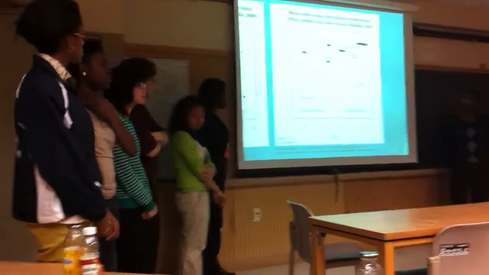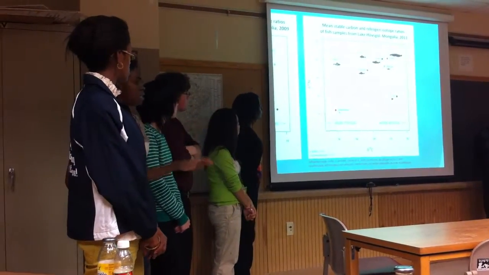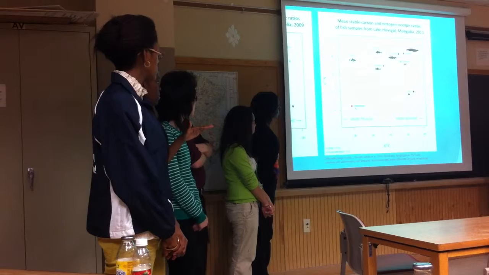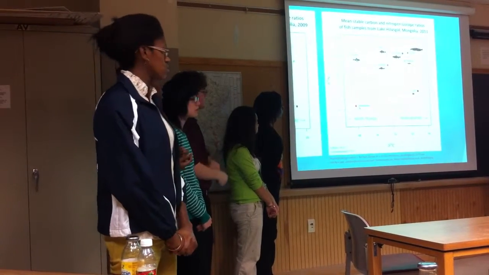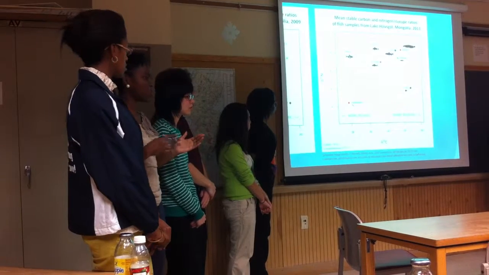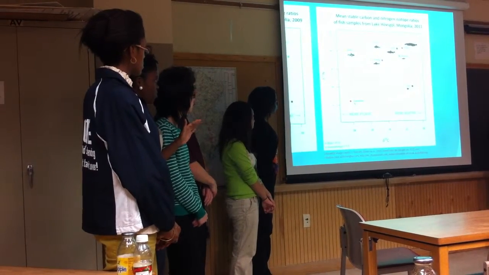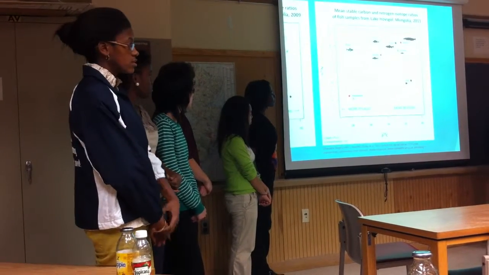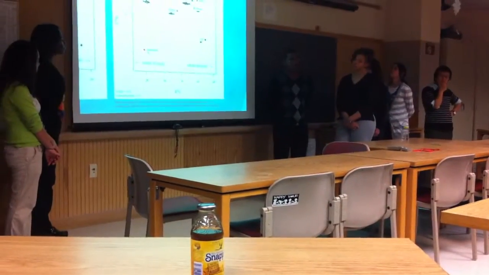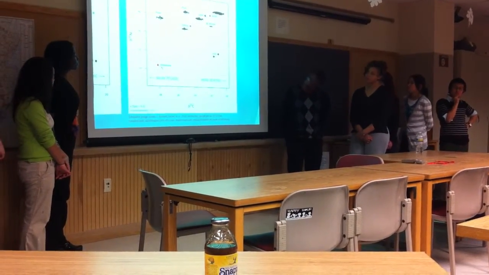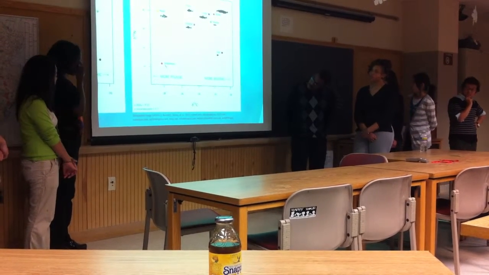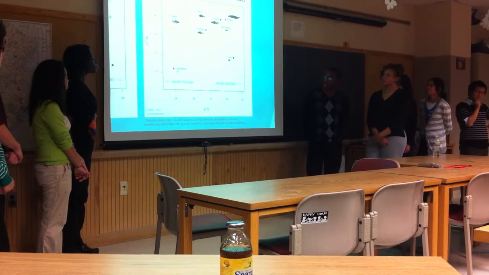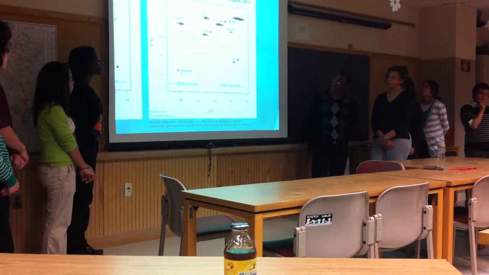So back to the delta N15, you can see there's a big gap between the invertebrates and the fish, and that puts the fish more at the top and the invertebrates more at the bottom. That makes sense because the fish are at a higher trophic level, so they feed on organisms on a lower trophic level, and the invertebrates feed on organisms that are on an even lower trophic level. As you can see, the snails and the zooplankton feed on lower levels. Zooplankton are more pelagic, so that means they feed out in the open water, and snails are more benthic, so they feed in shallow water.